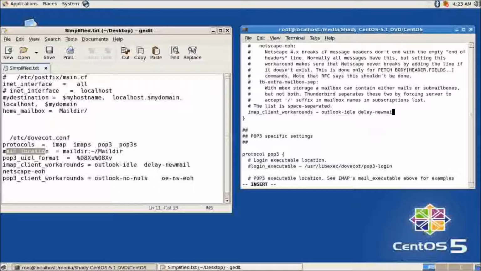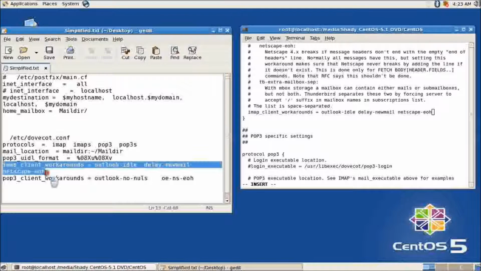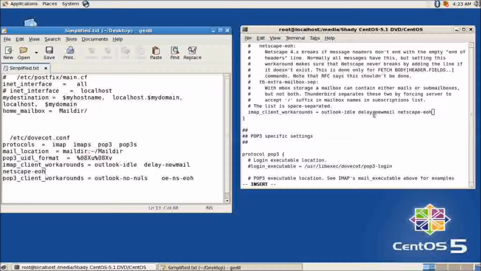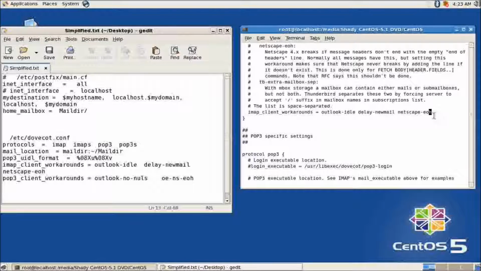new mail, and then netscape dash EOH. As you can see, I'm following this line here. I'm just adding all those parameters that are not there. So once I'm done, I just press escape, and then I'll look again for